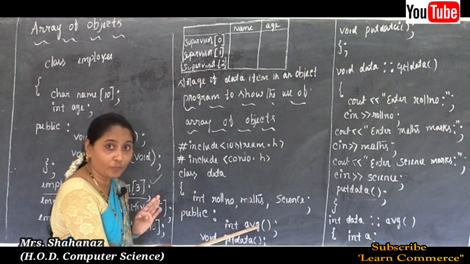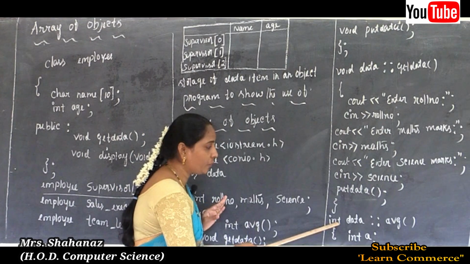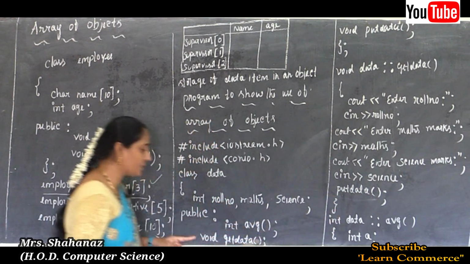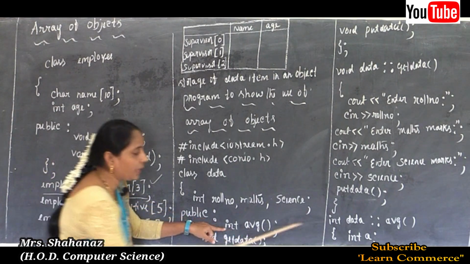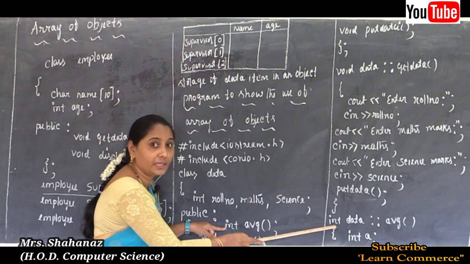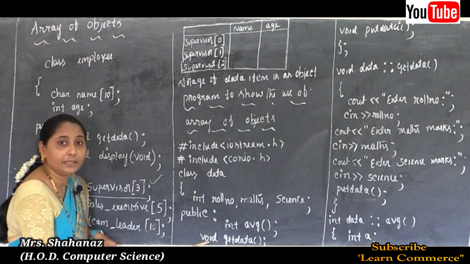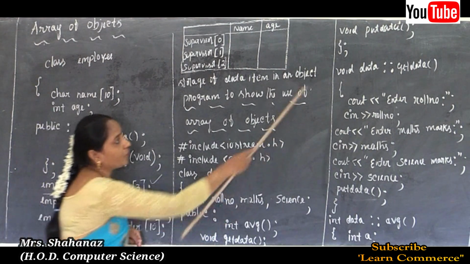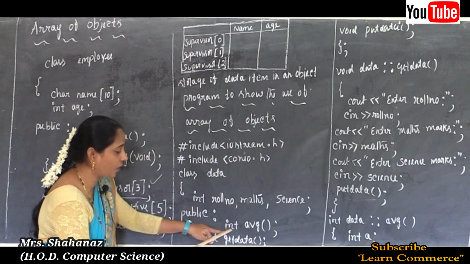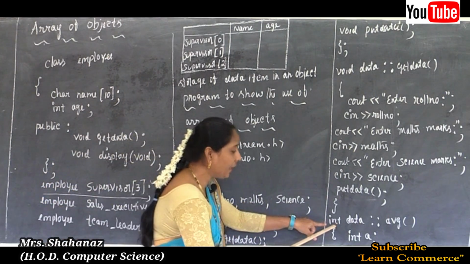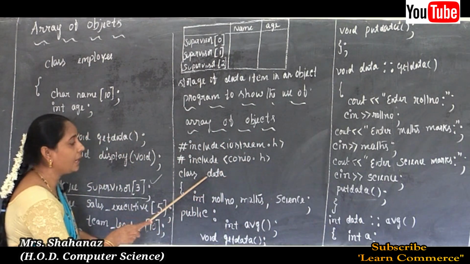That means I need to define such a member function outside the class definition. To define the member function outside the class definition, here also the same thing. Why? Because the return type I used is int. So here also I am going to start by using the return type as int only. Why? Because the get data contains the return type as void in this case, so because of this reason I started from the return type as void, but the average is called as int. So int, because of return type, and data is the class name. We already used data as the class name here.